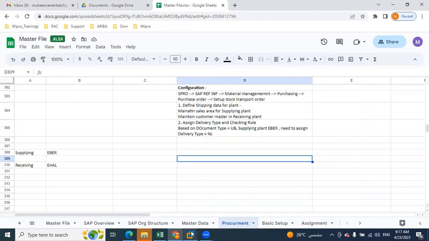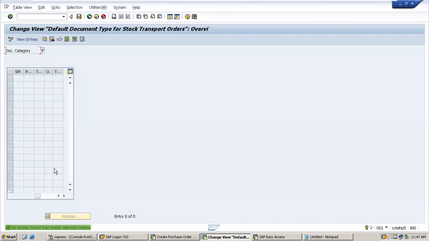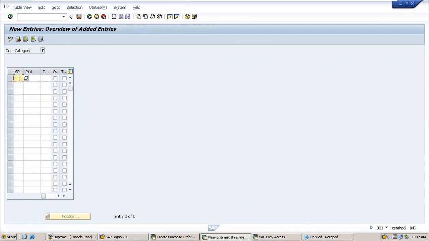Okay. So we did this one activity as well. Now next, assign document type one step procedure under delivery tolerance. So this is the last step we need to follow for intracompany stock transfer. What we need to mention here: if this is my supplying plant, if this is my receiving plant, and if this is the document type, I'll go to the new entries and mention it. If my supplying plant is EBR, if my receiving plant is EHAL, and if I'm using document type UB,